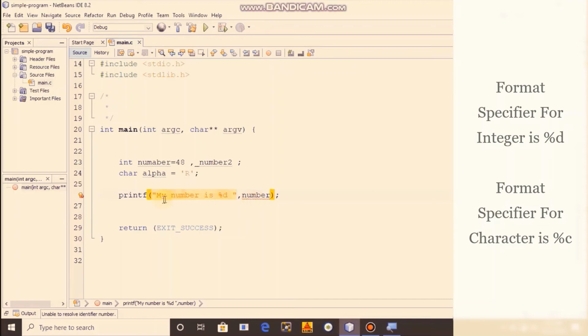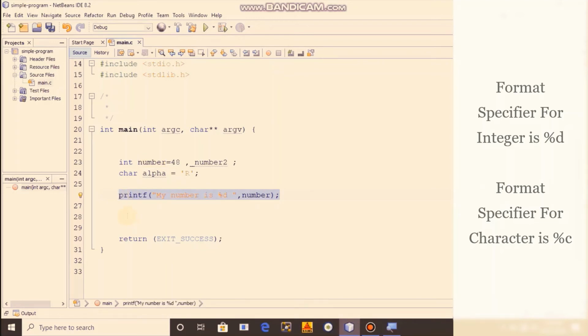Okay, you can see, my number is %d. In front of this the number is written. It is giving me an error. Why? Because I have written a different name here than the variable's name, as it consists of an a, and here I have not mentioned the a, so I can remove it from here. Now my error will be resolved. So in place of %d, the value stored in the variable named number will appear here. I have initialized this, but I haven't initialized the number2 variable.